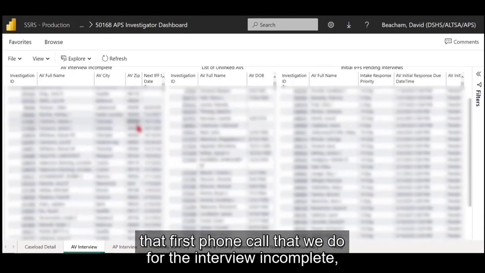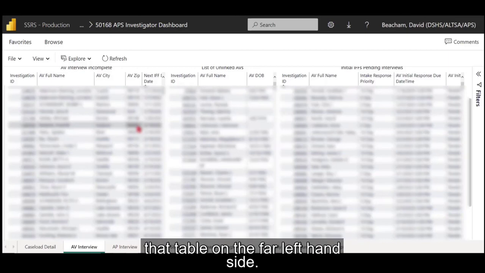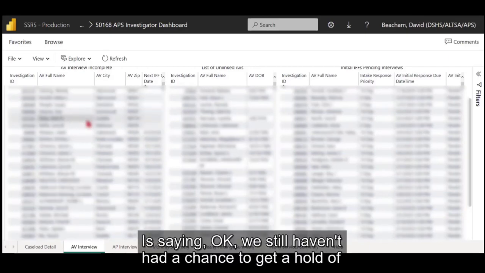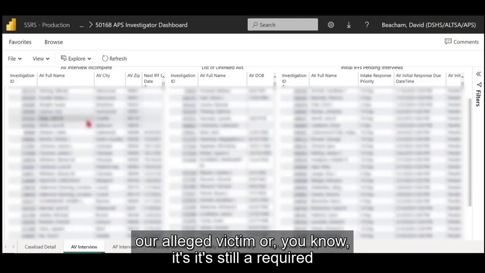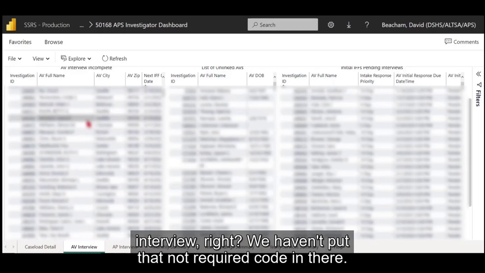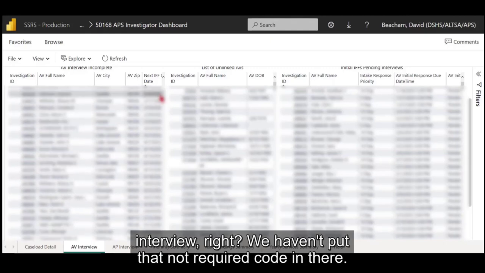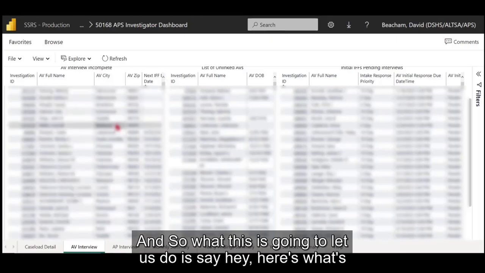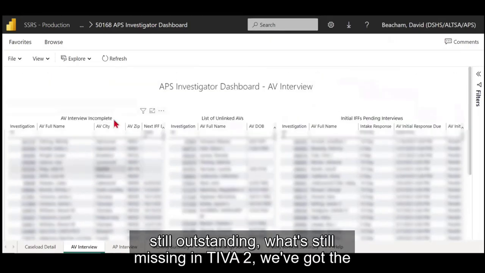For the interview incomplete, that table on the far left-hand side is saying, okay, we still haven't had a chance to get a hold of our alleged victim, or it's still a required interview, right? We haven't put that not required code in there. And so what this is going to let us do is say, hey, here's what's still outstanding, what's still missing